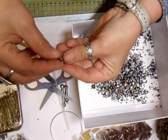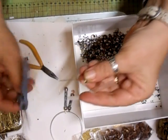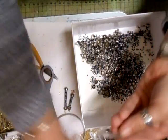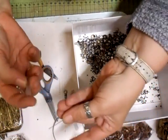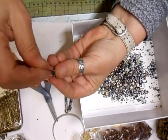Alright. Take the straw. Well, I'm going to cut a little bit off. I'm not going to do too much this time. Cut it off that end, and we'll make a smaller one. Oops, a daisy. Alright, and we pop that on. And it's going to have to glue into the